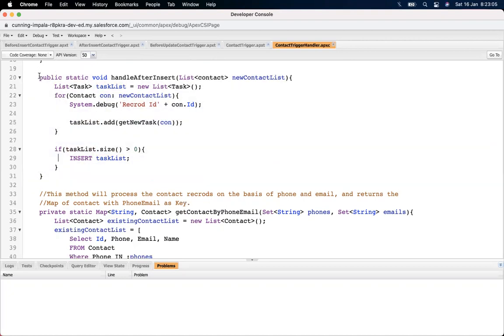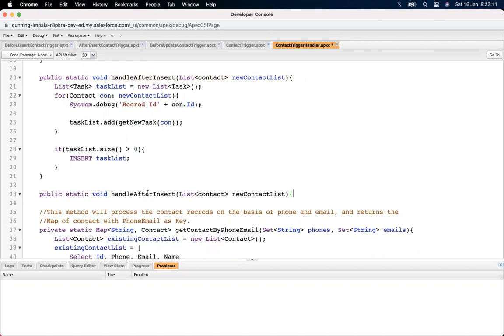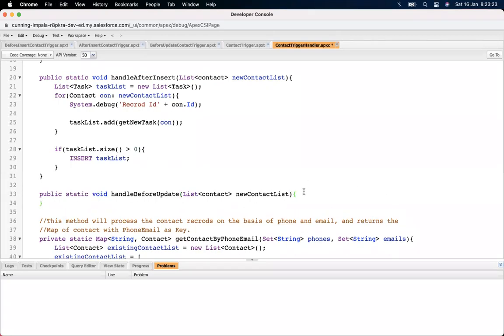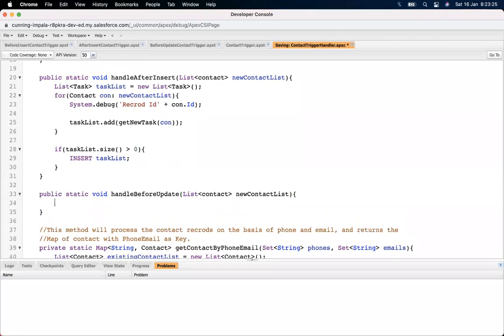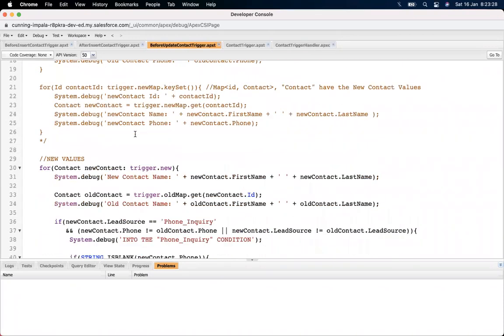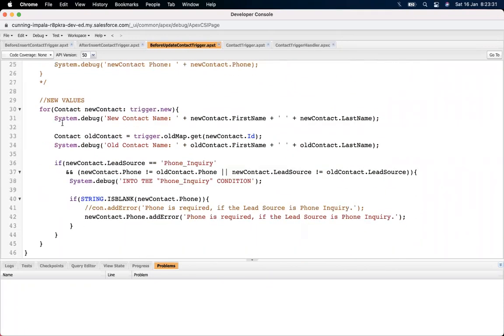Similarly, we can write the before update. So in the before update, we have this one.